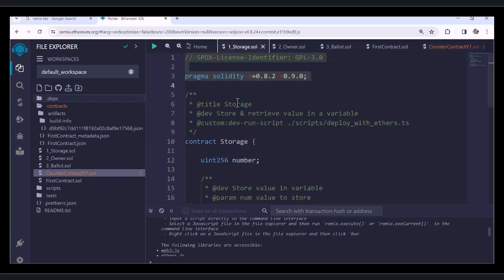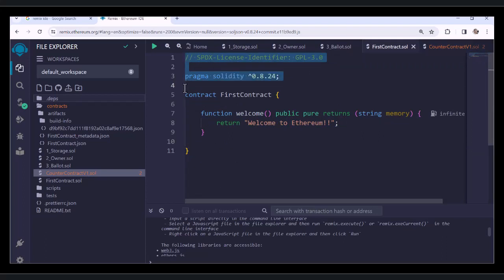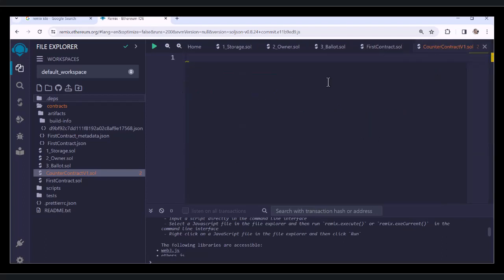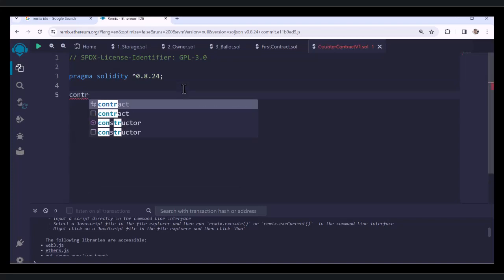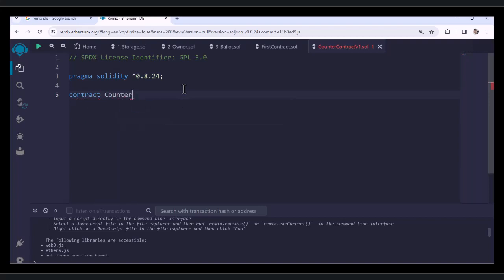Now what I'll do is, again as I mentioned earlier, from the first contract I'll just copy these two lines of code and put it over here, and to have more working space I'll just collapse the file explorer there. So we have here the 0.8.24 compiler, and now we are going to create the contract. So let's create the contract, and I'm going to call this counter